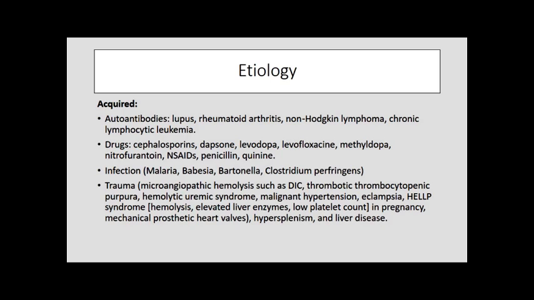women with eclampsia. Okay, eclampsia is a complication of pregnancy that you're going to study in OBGYN. People present with hypertension, edema, proteinuria, and in this case can have seizures and very important complications. HELLP syndrome is a syndrome characterized by hemolysis, elevated liver enzymes, and low platelet count that can appear in pregnancy. People with mechanical heart valves, hypersplenism, liver disease, all of these conditions can produce